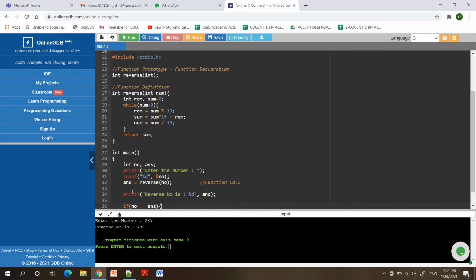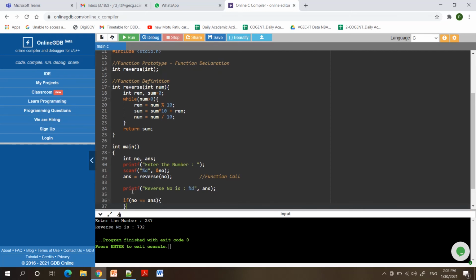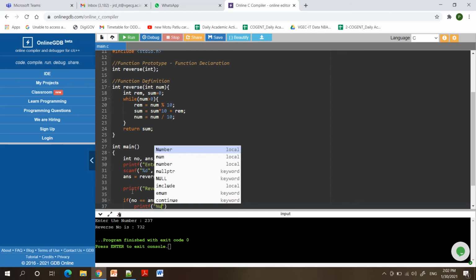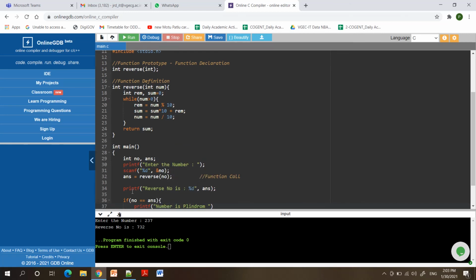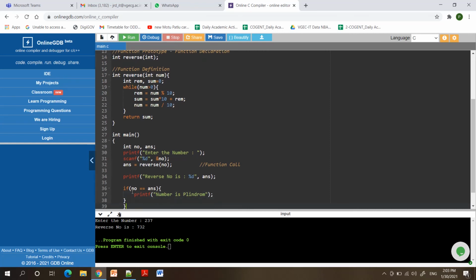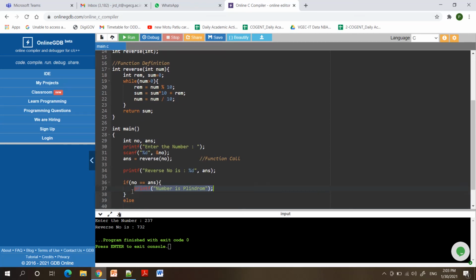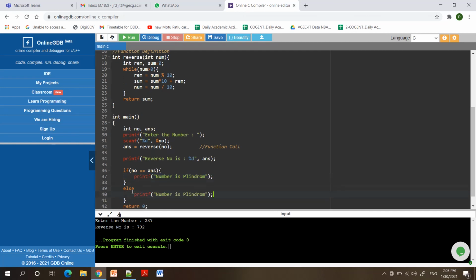And we can say palindrome number means what? The number which we are passing and number which will be the reverse number of it. If both are same, then we can say that the number is palindrome. So for that, here number is palindrome. Okay, and in else we can write number is not palindrome.